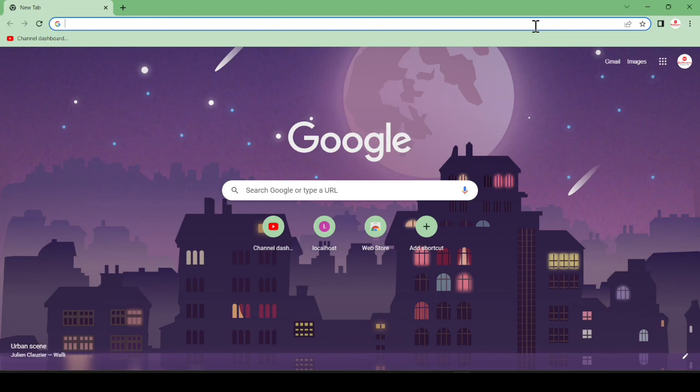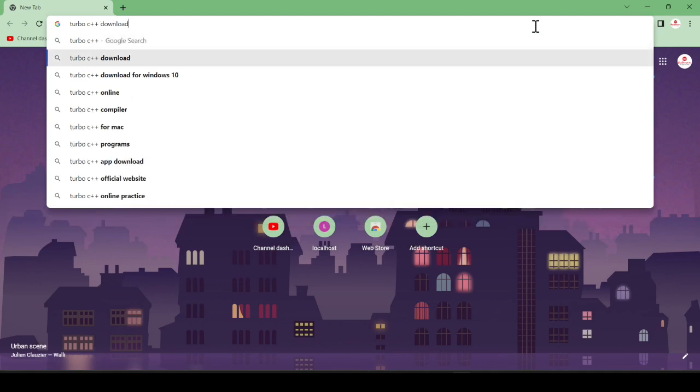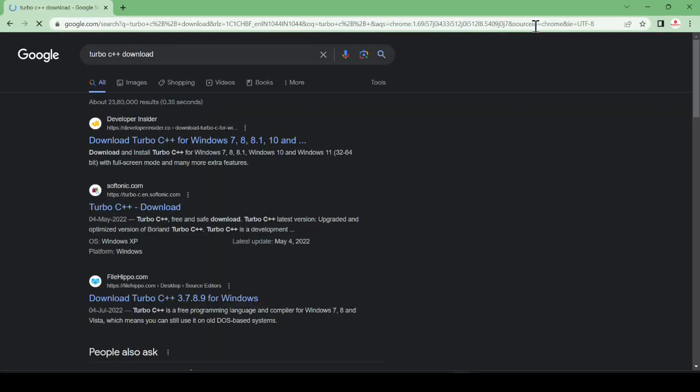Today we are going to download and install Turbo C++ in a Windows machine. First of all, you have to open your favorite browser and search Turbo C++ download and hit enter. You can see the first link. You don't need to go to the first link. Just see the second link,